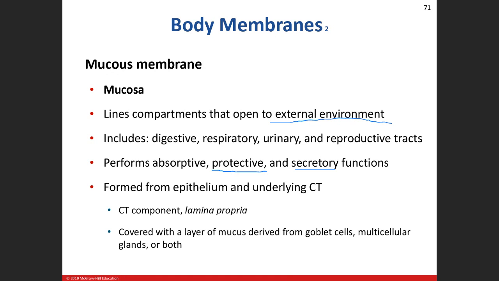All right. So these membranes are going to be made up of epithelium with, again, here's that pattern again. We have the lining of the membrane being the epithelium on the external surface, and then underneath it we'll have connective tissue. So within this type of membrane, here we see some of those goblet cells that we learned about when we were talking about some of our columnar epithelium. And then we'll also see actual mucus